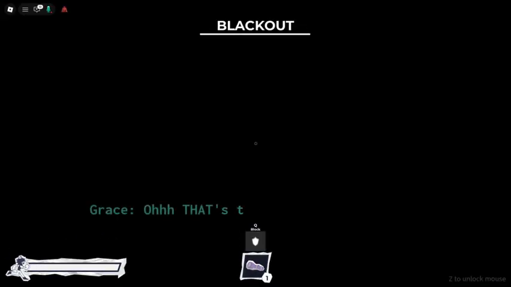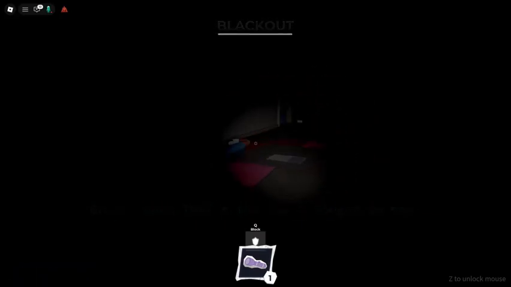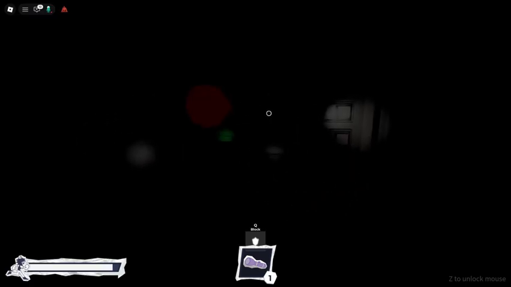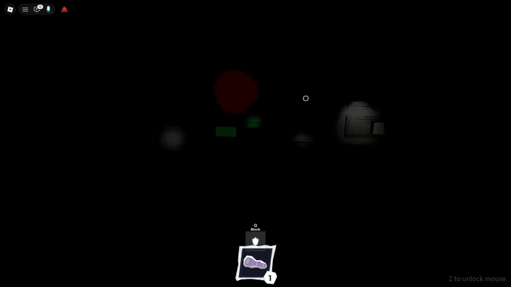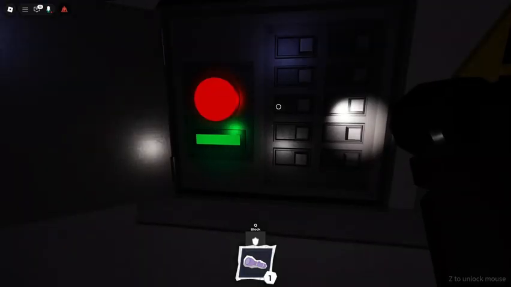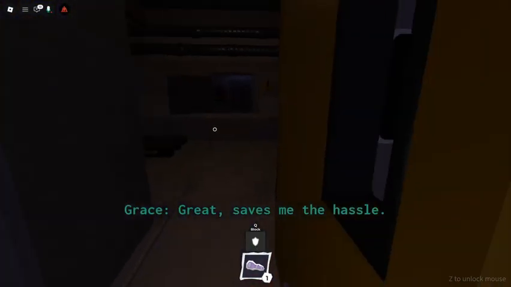Ah, crap, a blackout. We got a blackout, boys. That means we have to go into these rooms and try and turn the power on while trying to not die. This takes a pretty long time to actually power back on. It's even worse when teachers are trying to hunt you down while you're doing this. There we go. Lights are back on.